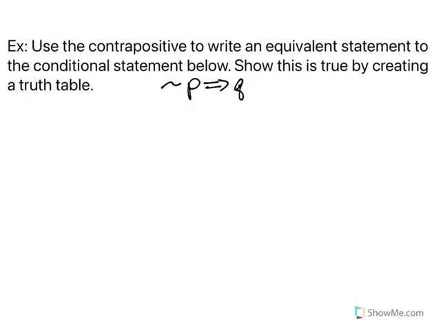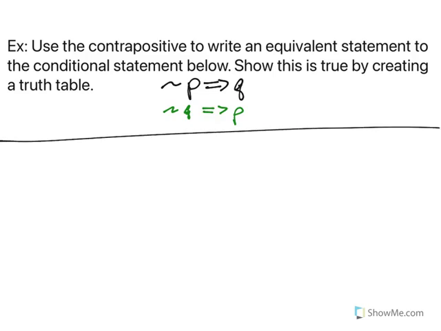All right, let's do one more. Use a contrapositive to write an equivalent statement to the conditional and then show it's true by creating a truth table. Now remember how we talked about creating a contrapositive. We're going to negate both pieces, P and negative Q, and then flip them. So the contrapositive is going to be if not Q, then P. We negate them and we reverse them. Now let's show these are true by creating ourselves a